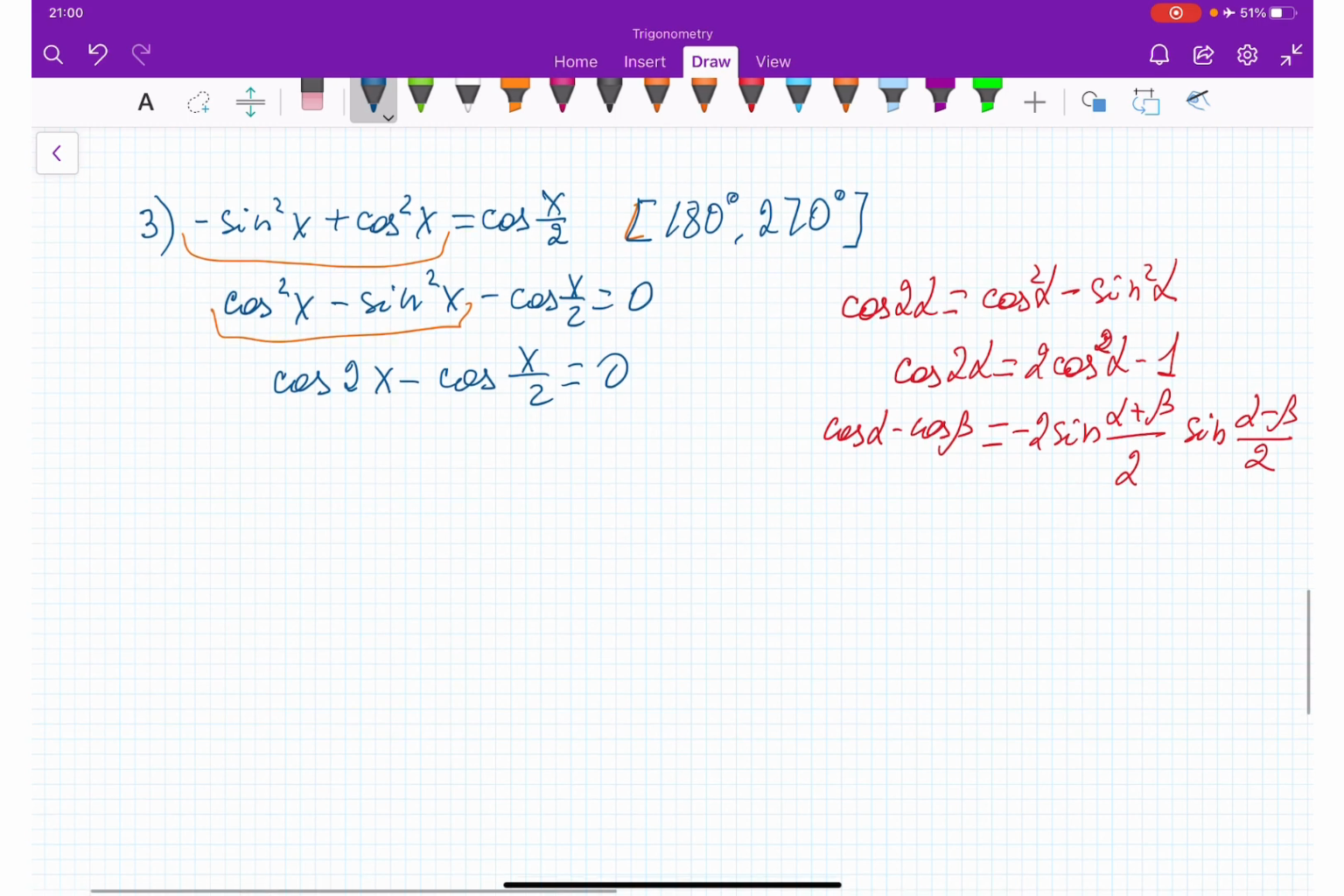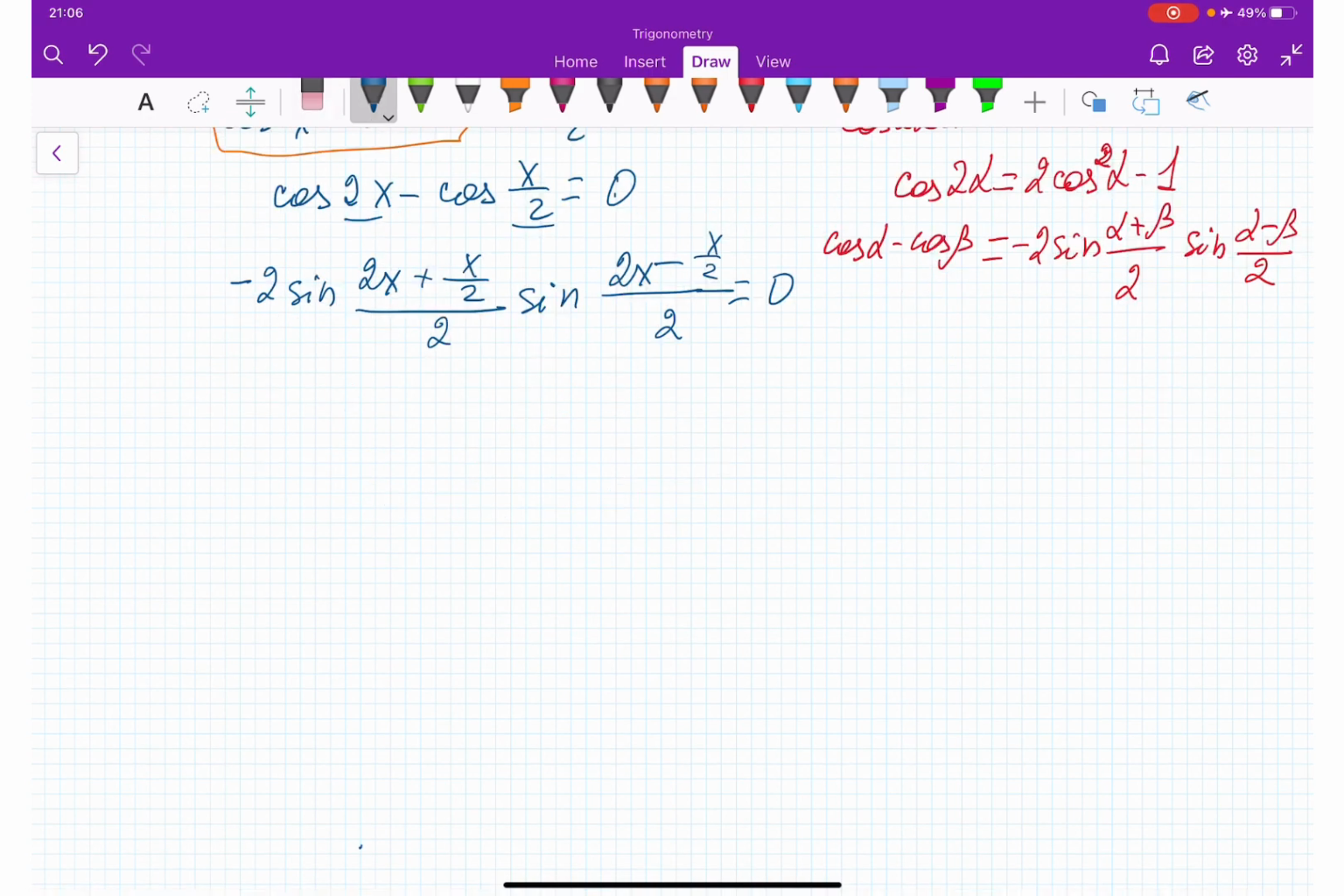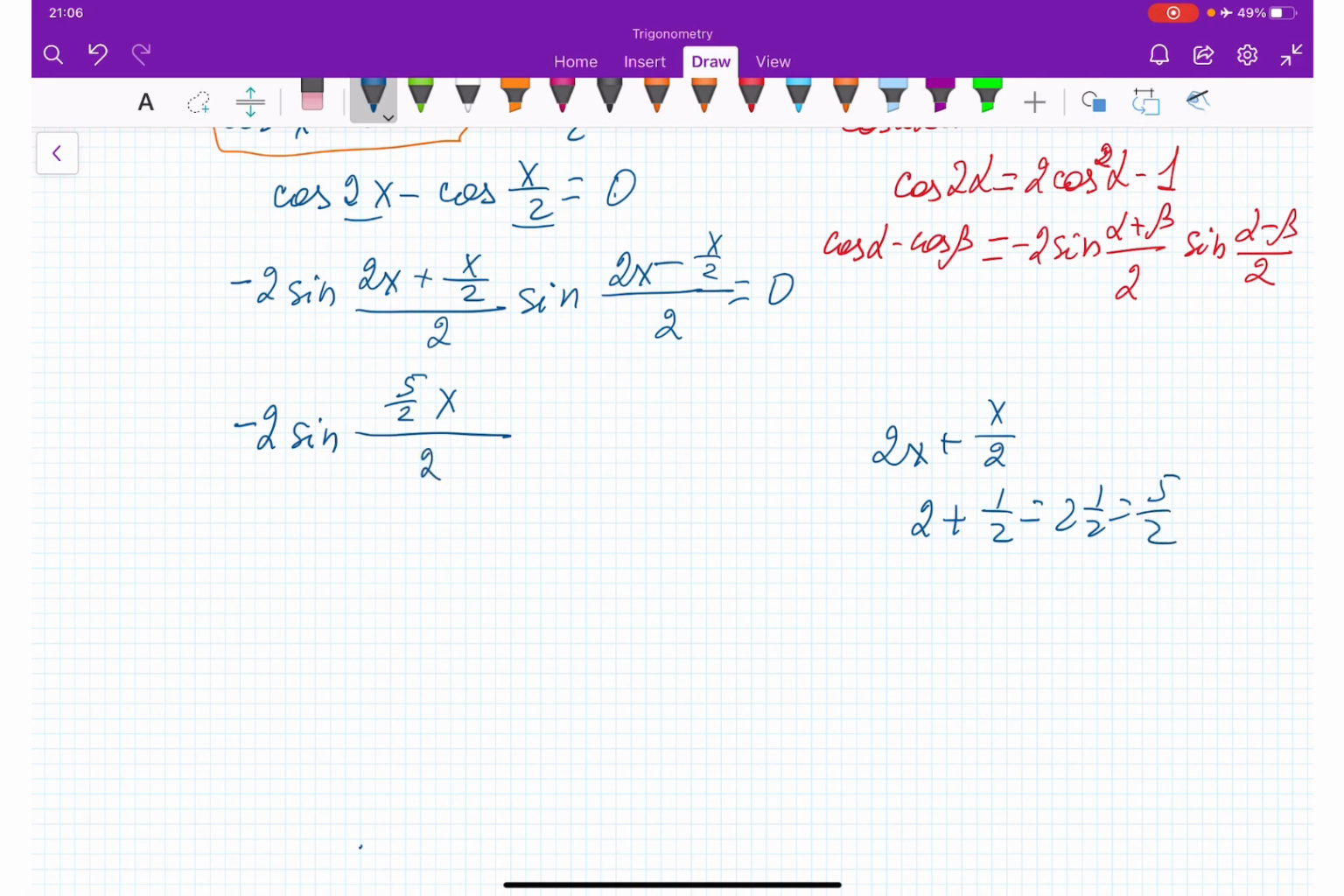Okay, what is going to happen here? It's going to be negative 2 sine, my alpha is 2x, my beta is half of x. So we are going to get 2x plus half of x divided by 2, and here is sine of 2x minus half of x divided by 2, equal 0. From here we have negative 2 sine of 2x plus half of x, it's going to be 2 and a half, which is 5 over 2x, right? 2 plus 1 half, 2 and a half, or 5 over 2. 5 over 2x divided by 2, and then sine